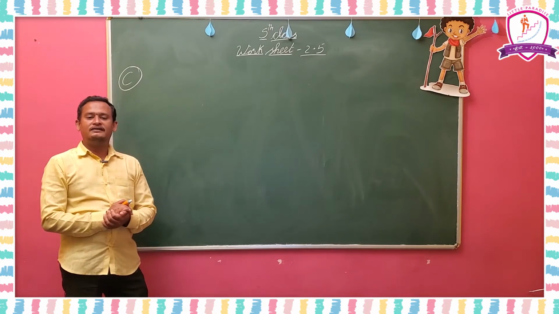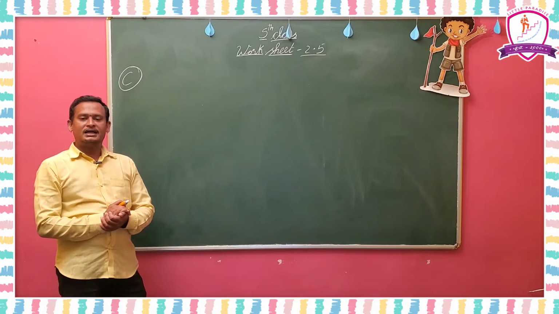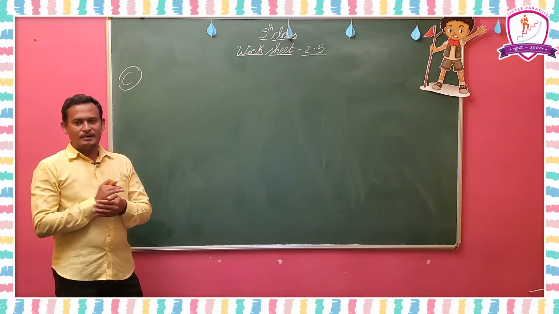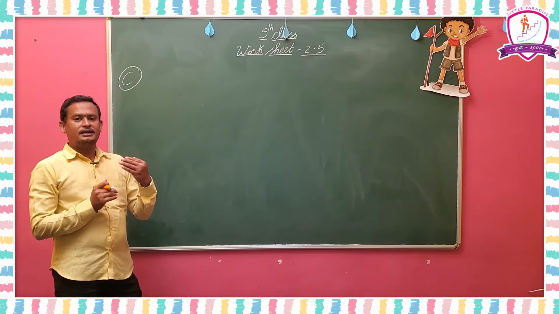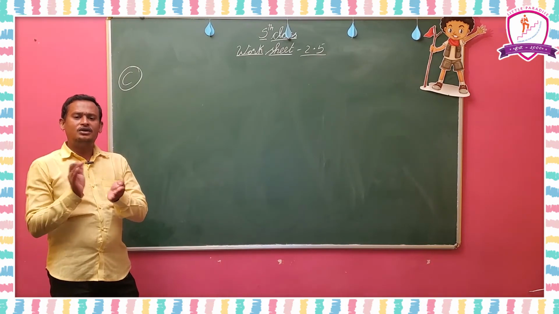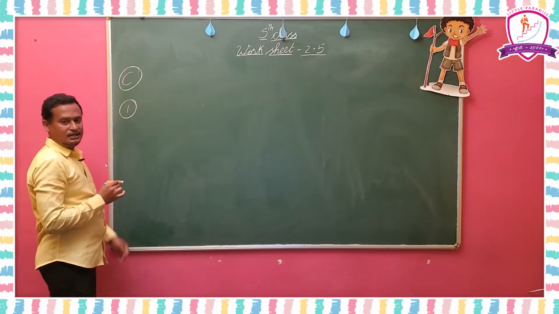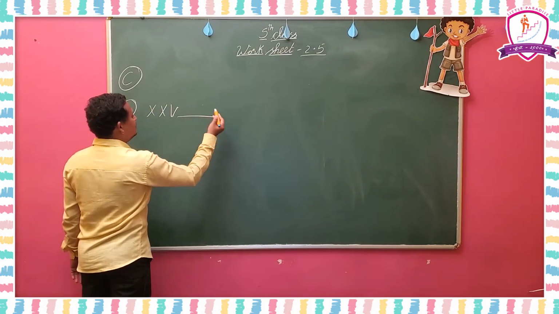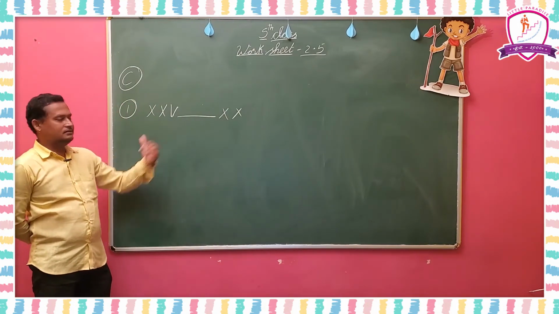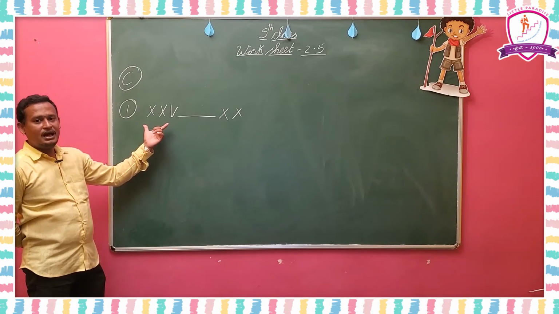So in C Roman, compare the given Roman numerals and fill the blanks with the correct sign, greater than or less than. So here first we have to find the value of that Roman number. Okay, we have to convert that Roman number into a Hindu Arabic number. In your mind you have to do that, and you have to put the greater than symbol or less than symbol there. Okay, the first one I am going to explain here. What is the first one? XXV dash XX is given there. So for this we are going to put the symbol here. So before that you have to convert this Roman number into Hindu Arabic.